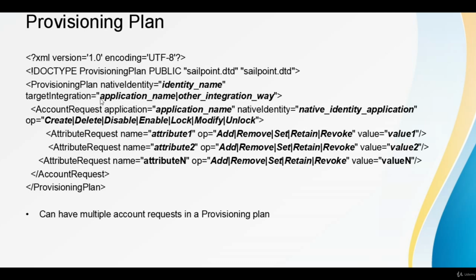But if it has application name, in that case SailPoint understands that the modification is going to happen by the application connector itself. So there are some ways like integration config, which we will discuss in a subsequent tutorial, in which integration config modifies the target application in a different route, and for that we can write our own code, our own method. But for now, just forget about this integration config thing.